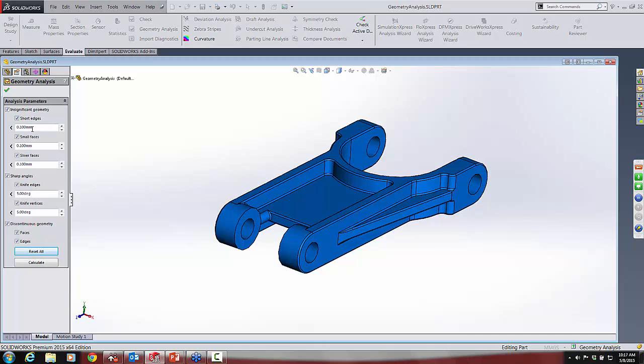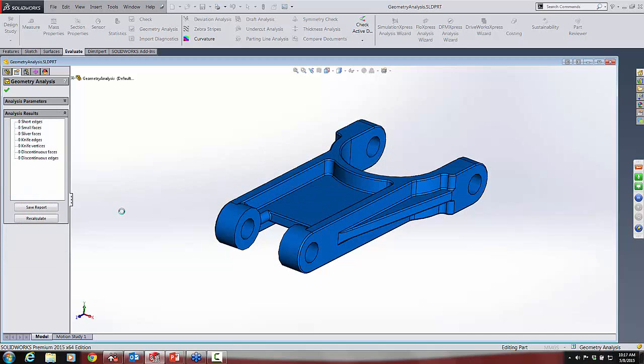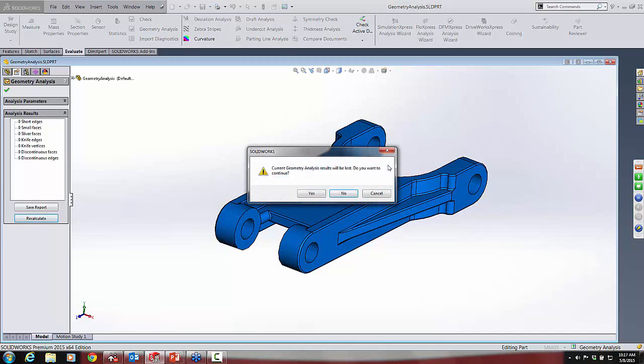So my short edges are 0.1 millimeters, small faces are 0.1, sliver faces basically have a high aspect ratio of the length to width of a face. Sharp angles, knife edges, just use the default here, and hit my calculate. And you can see where it finds none right now. But I want to recalculate this,